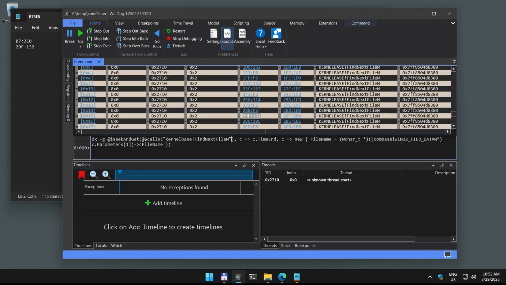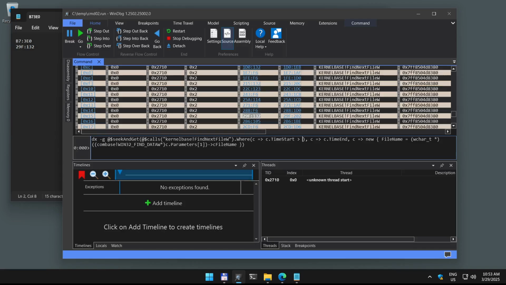After we take the FindNextFileW call, we can add a where condition, and again we need to take the call and narrow down the calls by their time start. So we want the time start to be bigger than, and here's the problem, because